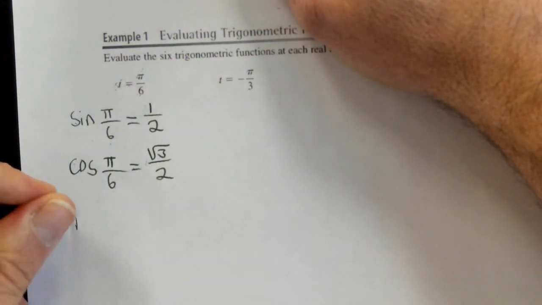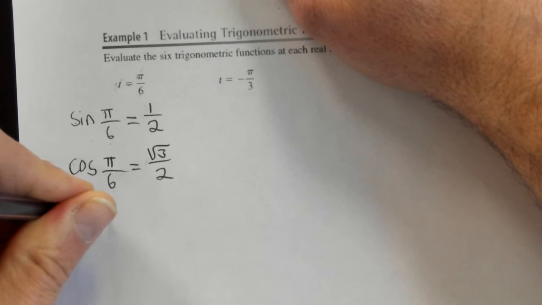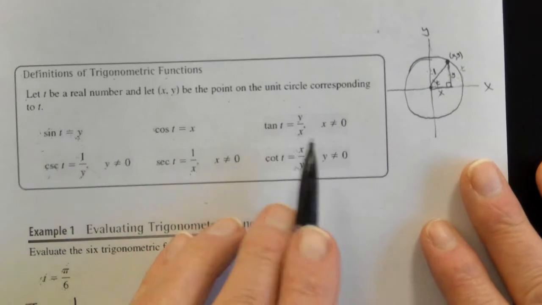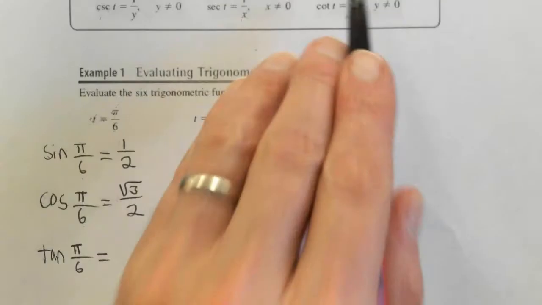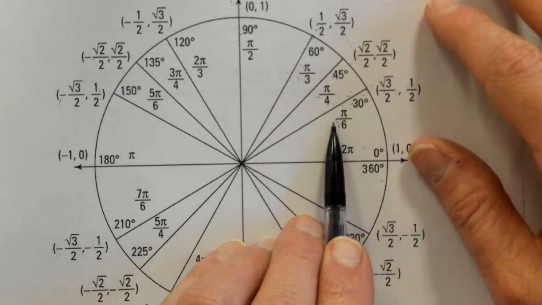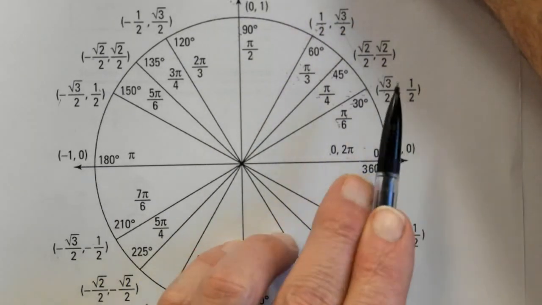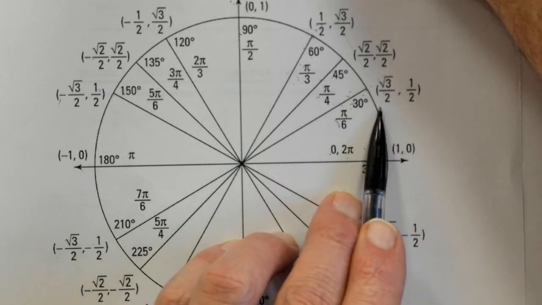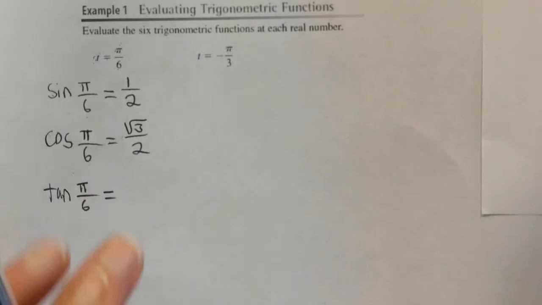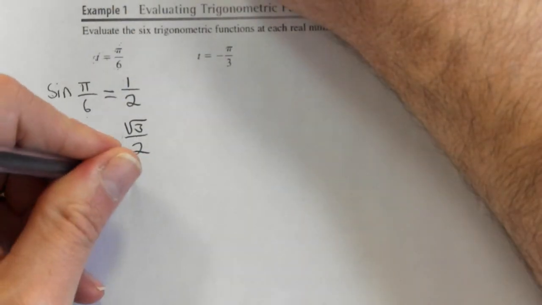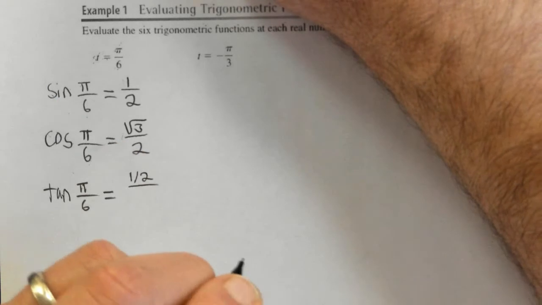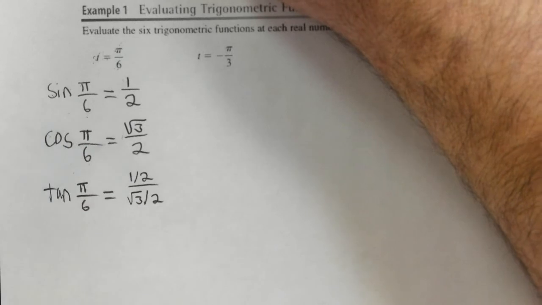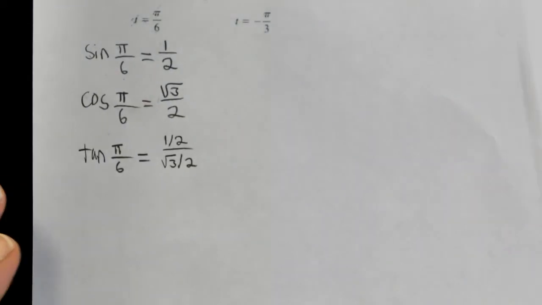We need to find tangent. So let's find the value of tangent of pi over 6. All right, so again, what's tangent? Tangent is y over x. Let's go to the unit circle. The unit circle is here. So y over x is going to be 1/2 over square root of 3 over 2. So let's write that in. So the tangent at pi over 6 is going to be 1/2 over square root of 3 over 2. All right. Now, the question is, how do we simplify this